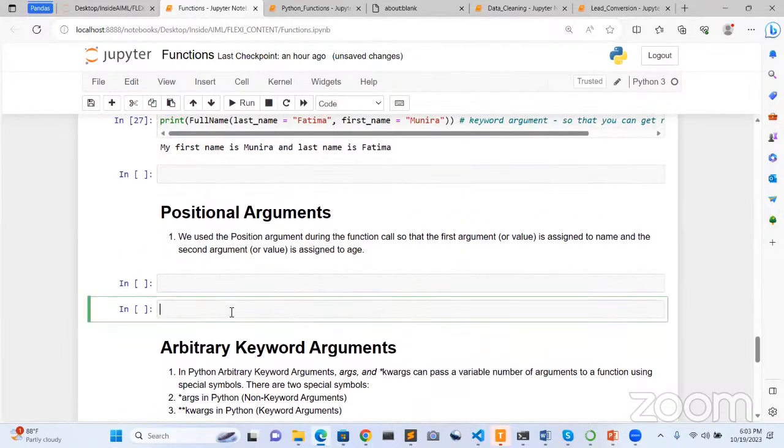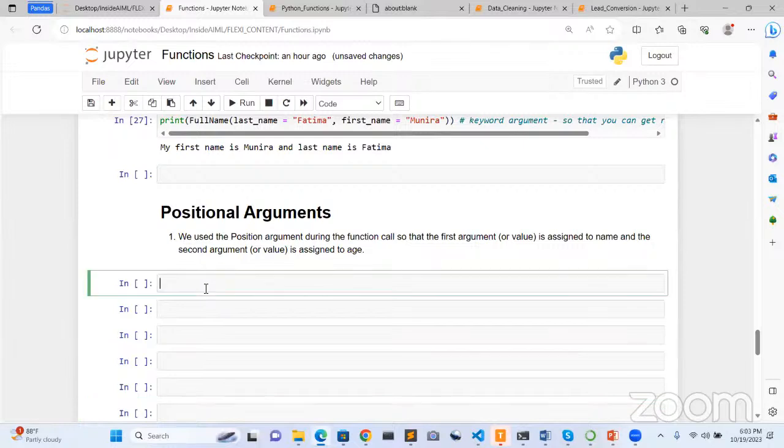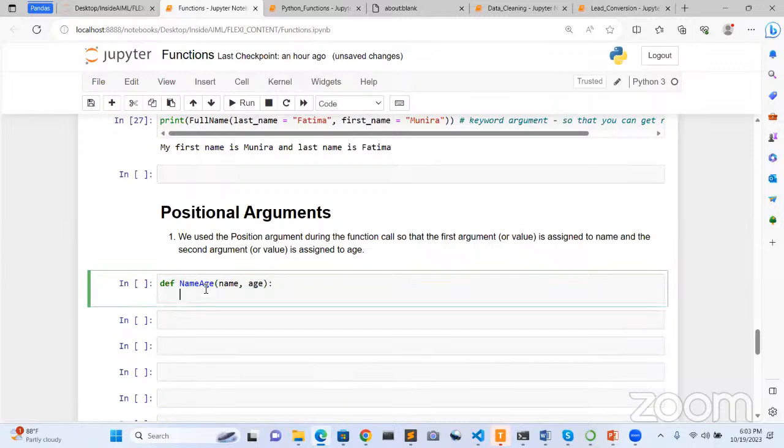Now the next thing that we have is the positional argument. Positional argument means we use the positional argument during the function call so that the first argument or value is assigned to name and the second argument or value is assigned to age. So let's take an example for the same. Let's create one function, function name is name_and_age, and I want two parameters, name and age, from the user. And I just want to return here